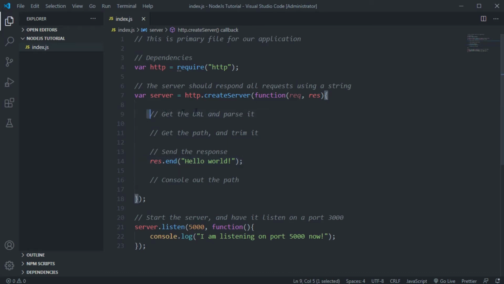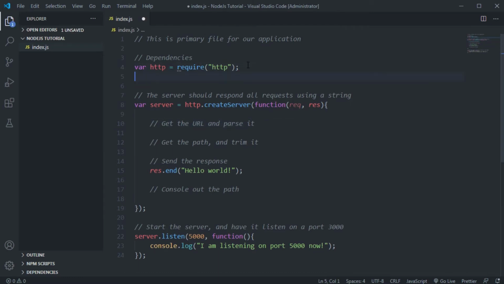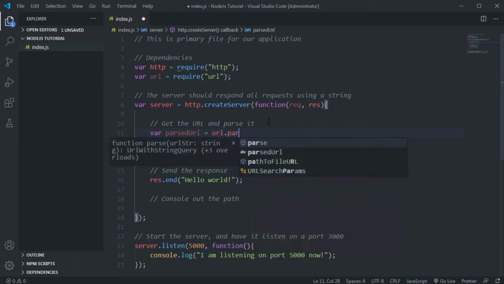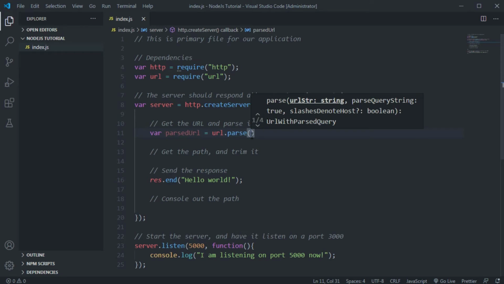Okay, first we should get the URL and parse it. To do that we have a nice library which is built into Node.js, and that is URL. We just assign it to a URL variable and require it here. Now we have assigned the URL library to the URL variable. Okay, let's get the URL, which is parsed, of course. Var parsedURL equals